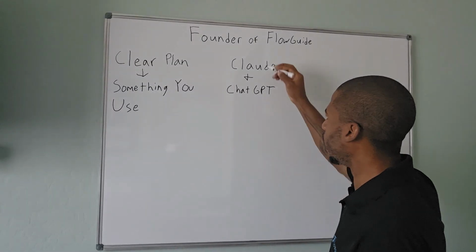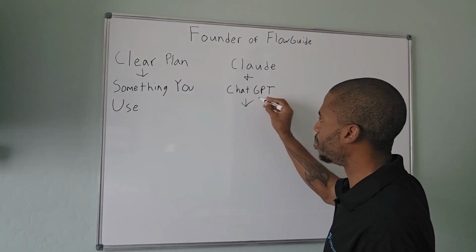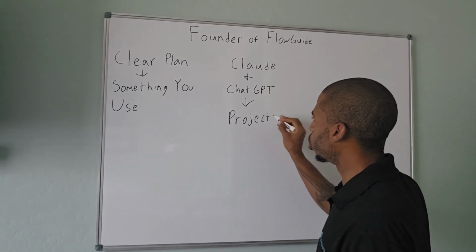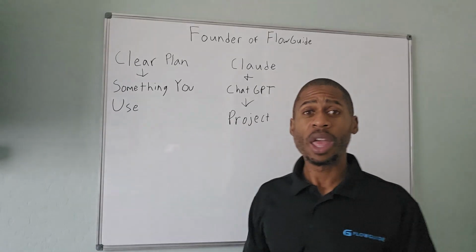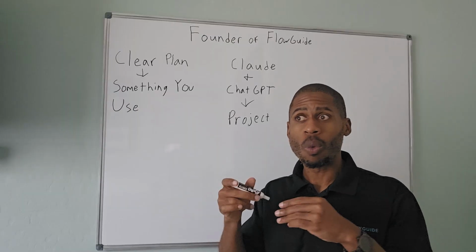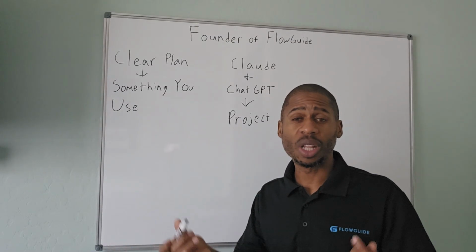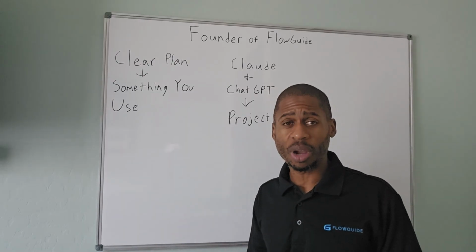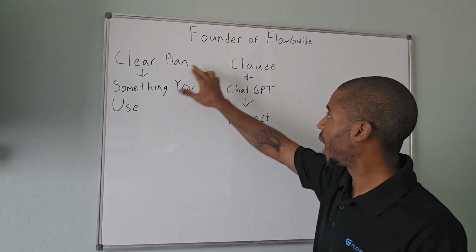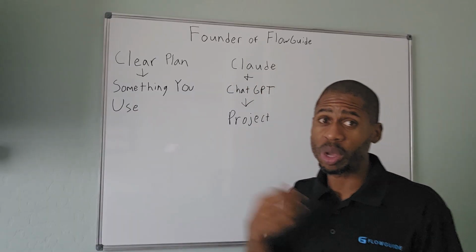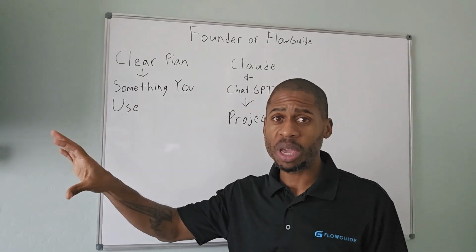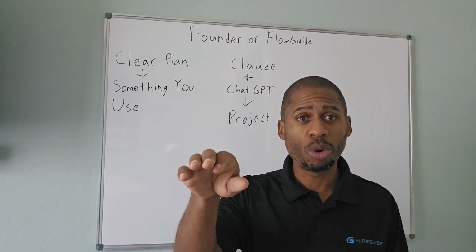Lastly, on the setup, right? Claude, ChatGPT, probably both. I was using both. Create a project. Don't try to single thread it or random thread it. No. Have a real professional approach to it. Create a project. Name that project whatever it is that it's going to be, right? So I would call it the Flow Guide project, right? And it's one area to where you can upload your files, right? So this initial plan that you're going to create with Claude or ChatGPT, and it's going to create the format and structure for you. You download as a PDF, or you could just attach your Google Workspace and have it be a doc that you integrated from Google Workspace into your project.